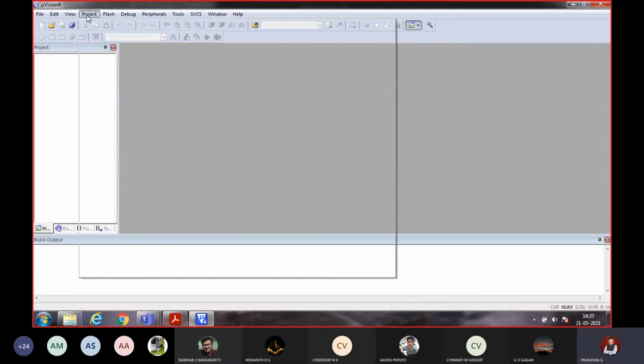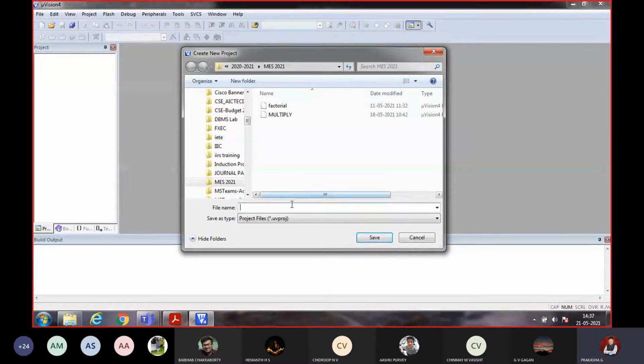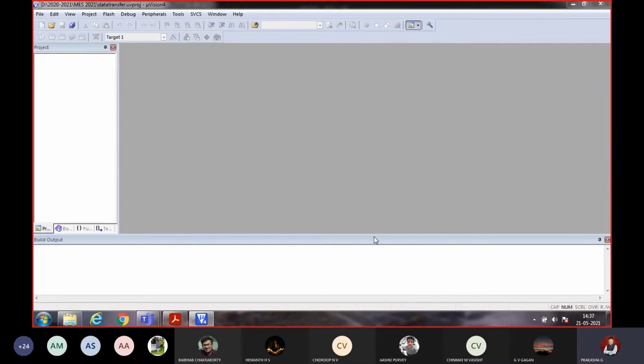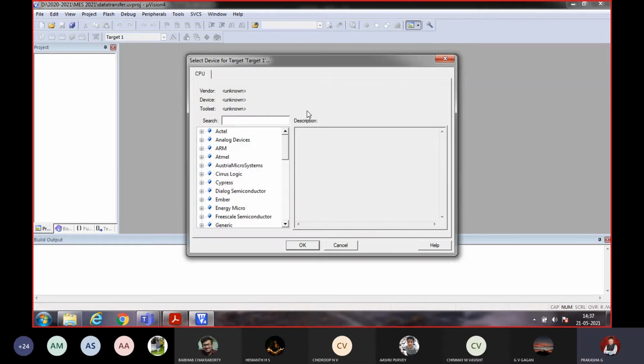Let us start fresh. New project. Basic one. I'm just giving some name, any particular name you can use. The project name is data transfer. Save.